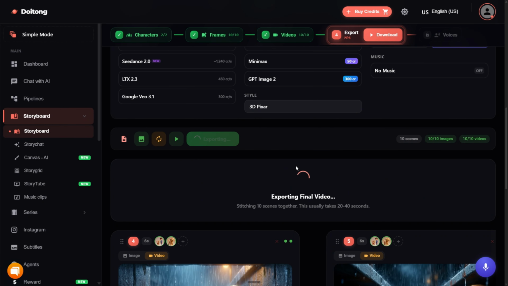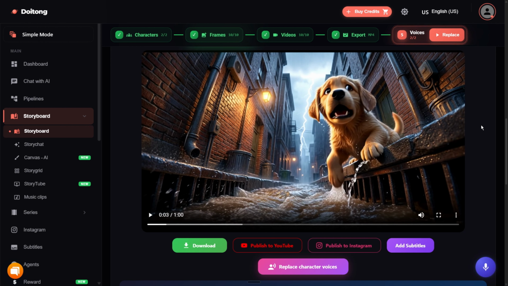That's it! Now you can preview the finished video, download it, publish it to YouTube or Instagram, and even add subtitles if needed. And that's how easy it is to create animated videos, or almost any type of AI-generated video